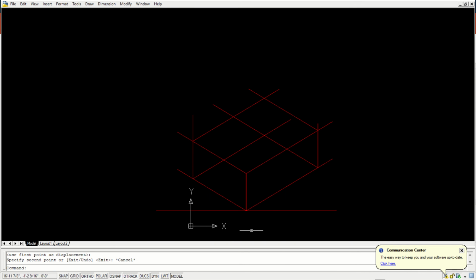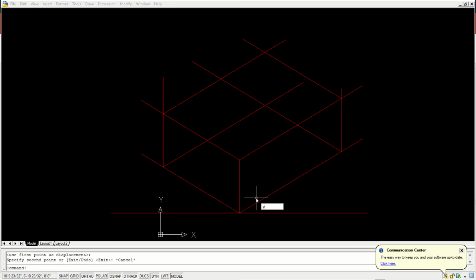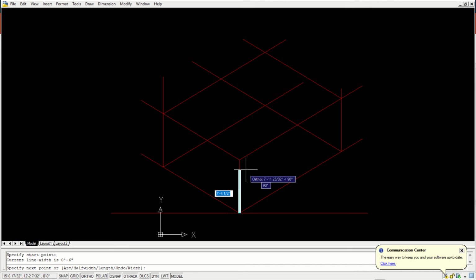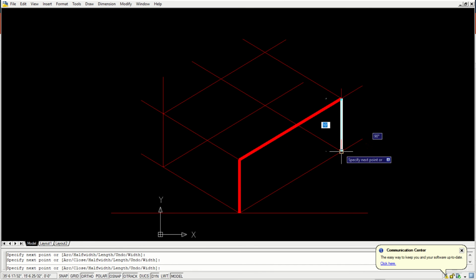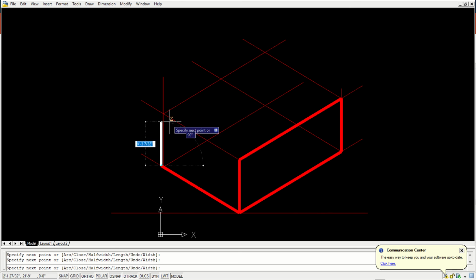More or less you see the 3D starts appearing. I'll just draw. Now I darken it, showing this is my object.